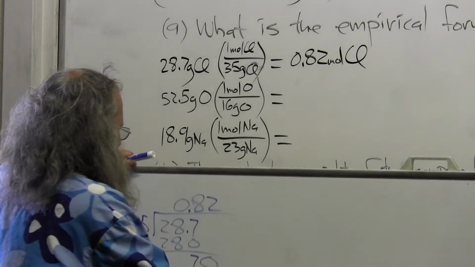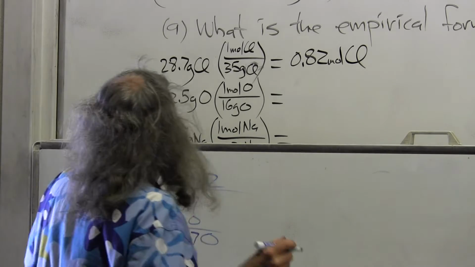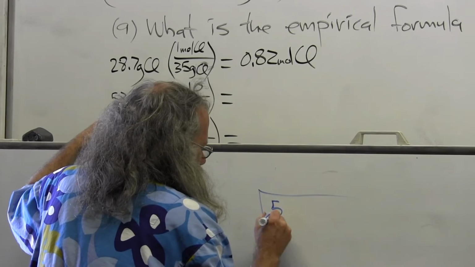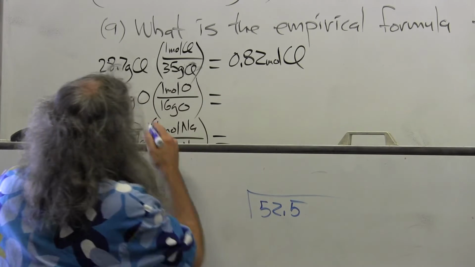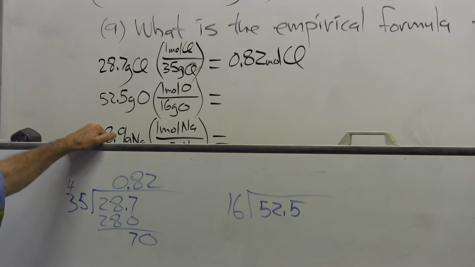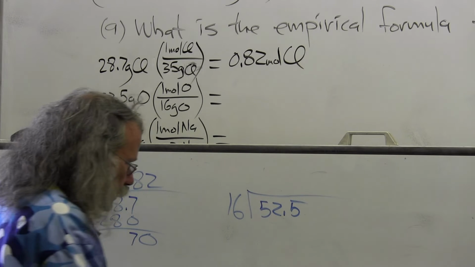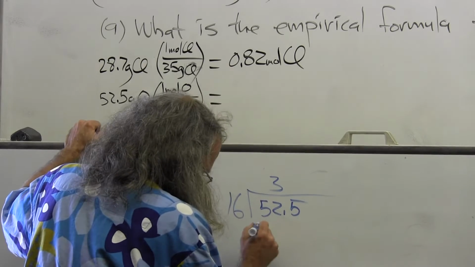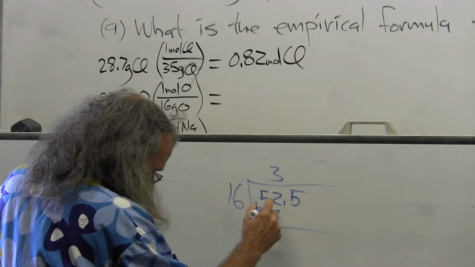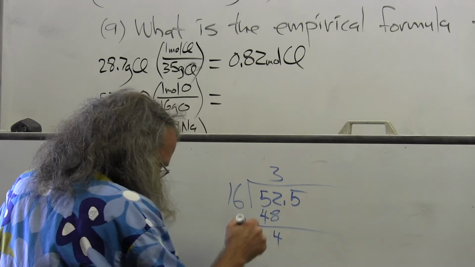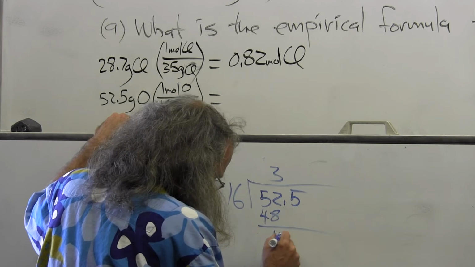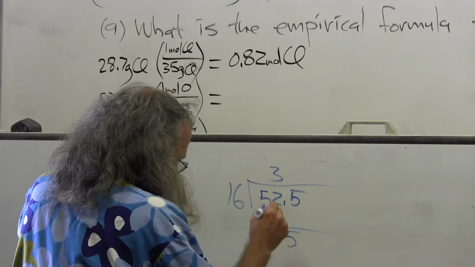Now back to the scratch paper, and this time I have 52.5 divided by 16. Okay, 16 times 3 is 48, and now 12 subtract 8 is 4. That is 45. So it would be